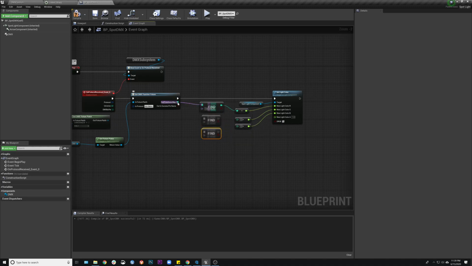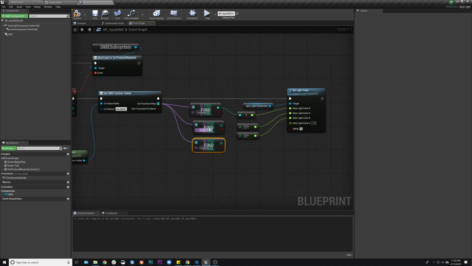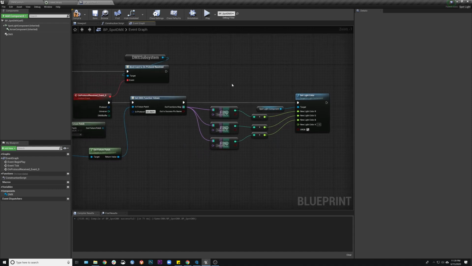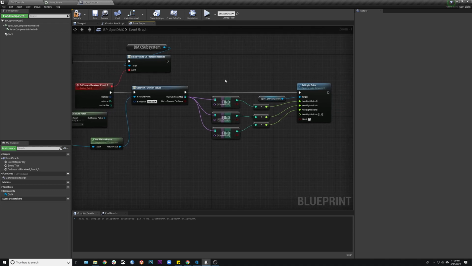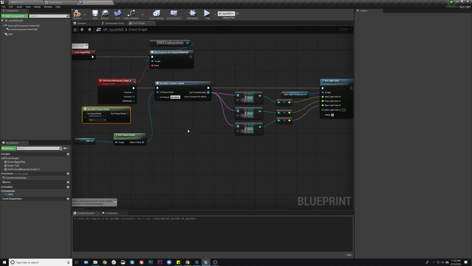Now the way the find nodes work, it doesn't know what should be in this spot until you hit compile. So now that I have that, I can just change it to B, and then I'll change this last one to G. Now there's probably a dozen other ways we could do this. We could create variables and create tables for these types of things, but I'm just trying to show you a super basic way that this could be made slightly more functional. And so this essentially does almost the same identical thing. Instead of using a specified fixture patch, I'm going to find it,